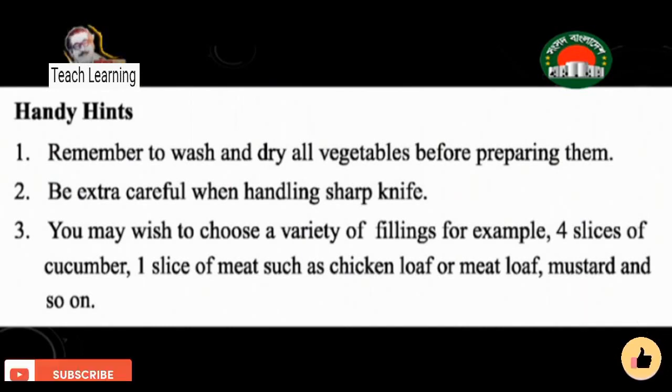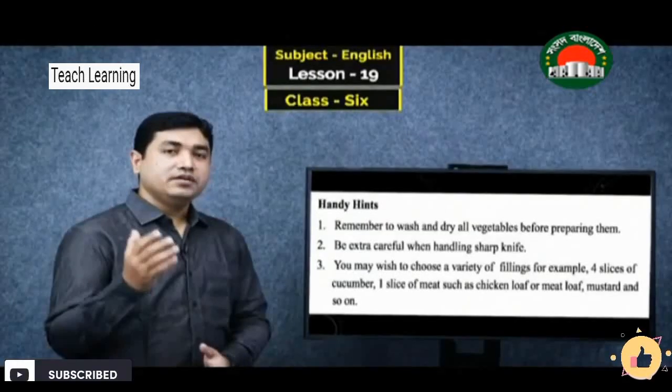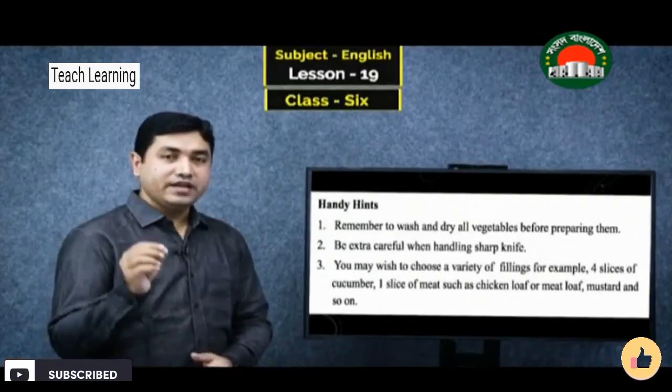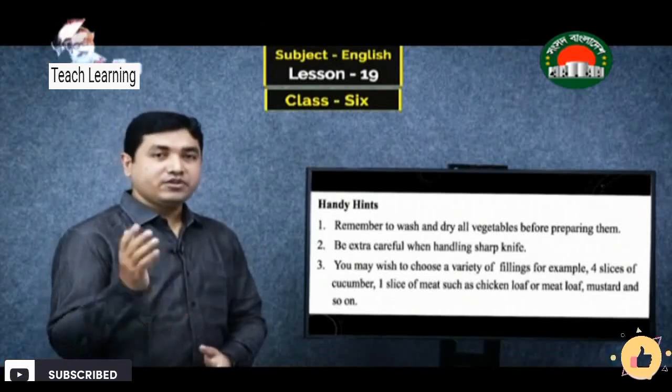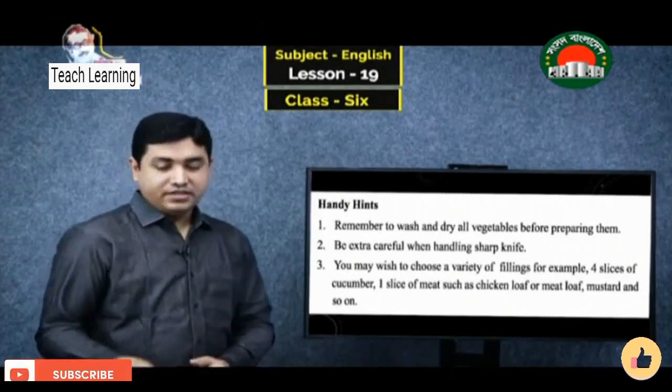Number 3, you may wish to choose a variety of fillings. For example, 4 slices of cucumber, 1 slice of meat such as chicken loaf or meat loaf, mustard, and so on. So if you want to mix any other things, or if you want to add other things, you can add them according to your taste. Dear students,